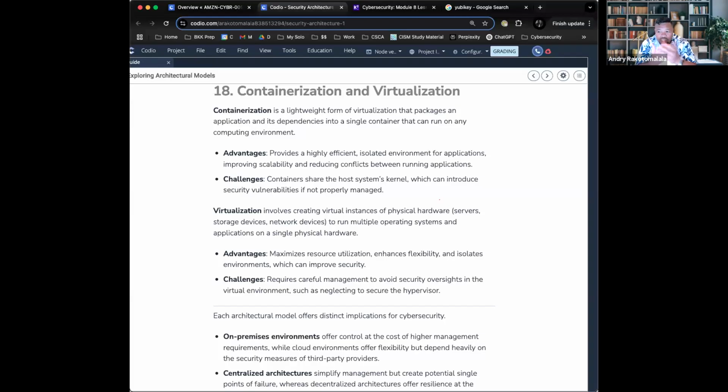Containerization is somewhat similar, but instead of having full-on machines, so full-on operating systems and full-on computers that are running, containers run individual applications with all of their dependencies. That means you don't have to have a full-on computer. Instead, you have a contained application, a contained service. Why is that needed? Because it's a lot faster, more lightweight, and more portable